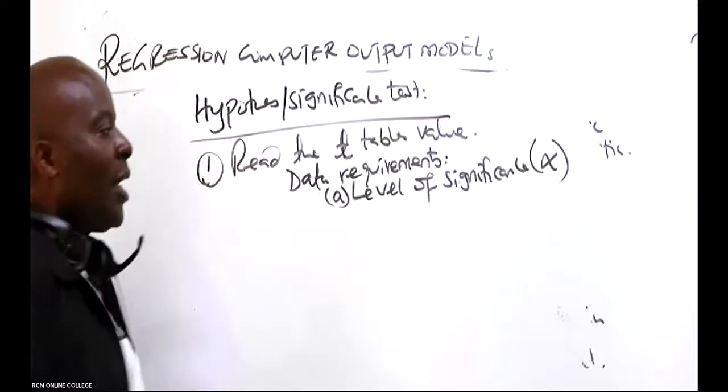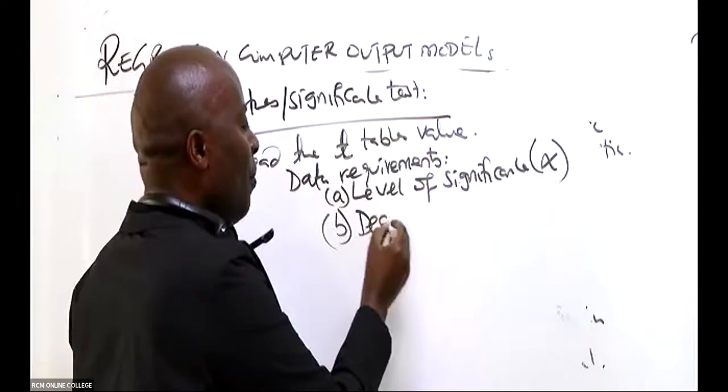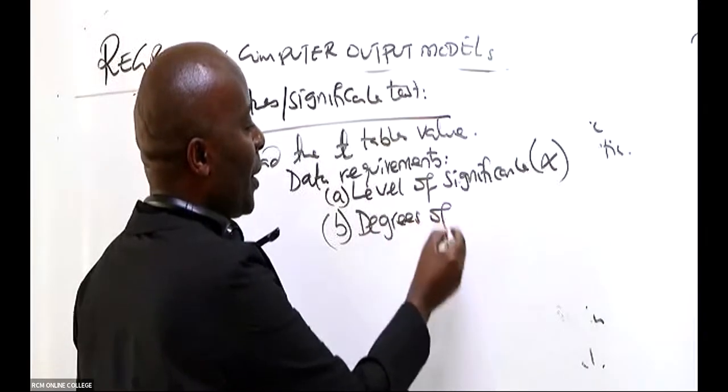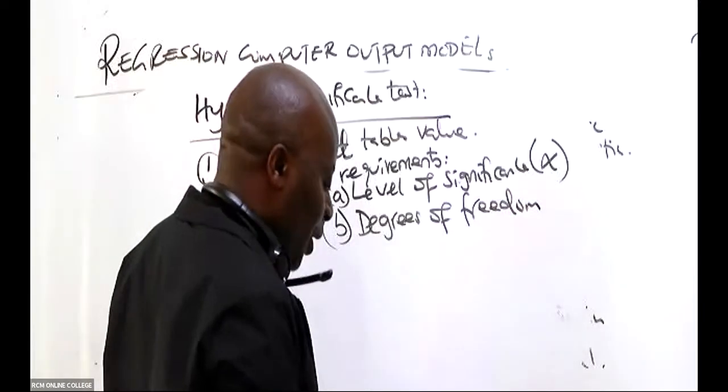That is our A. And then B, we need degrees of freedom. Actually, these are the